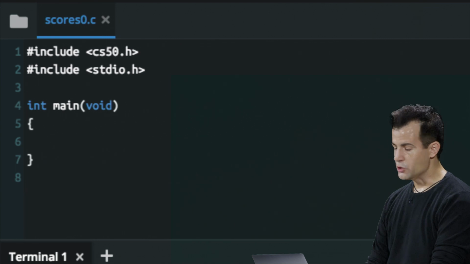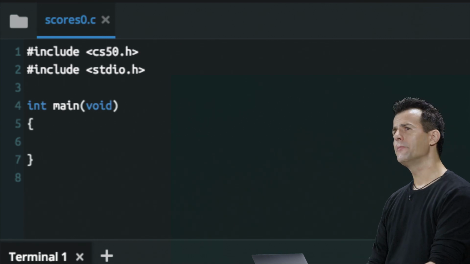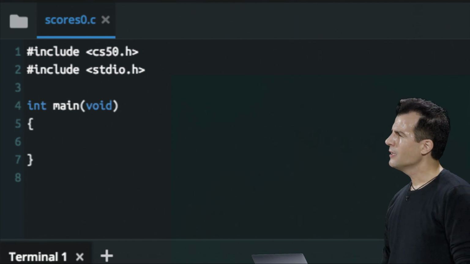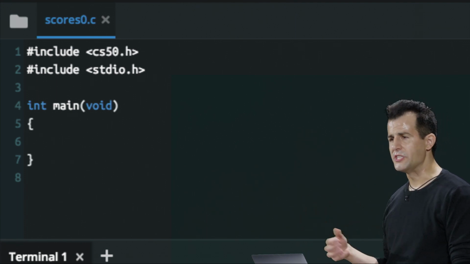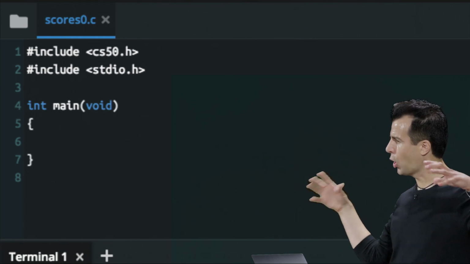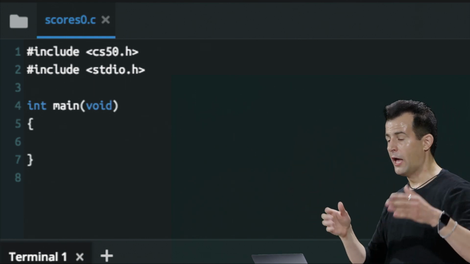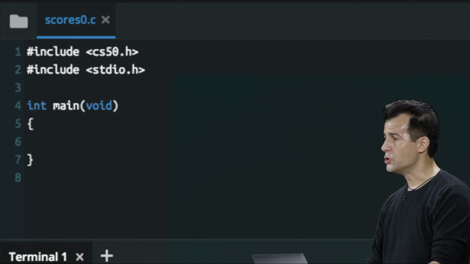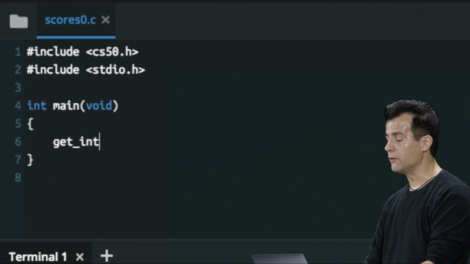Let me start my program as usual with int main(void). And then let me write a program, as this program's name implies, that asks the user for 3 scores on recent problem sets, quizzes, whatever, and then creates a very simple chart of them, like a bar chart, to help me visualize how well or how poorly I did on something. So if I want to get an integer, no surprise, we can use the get_int function,